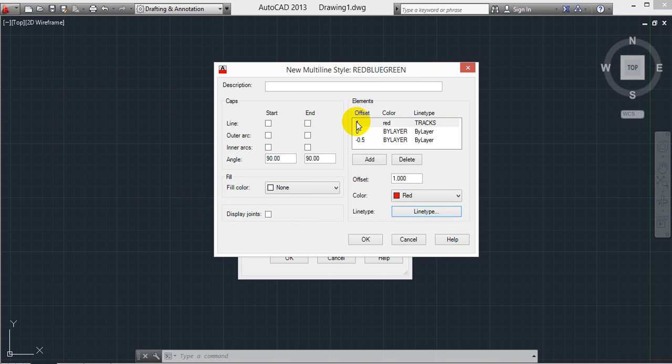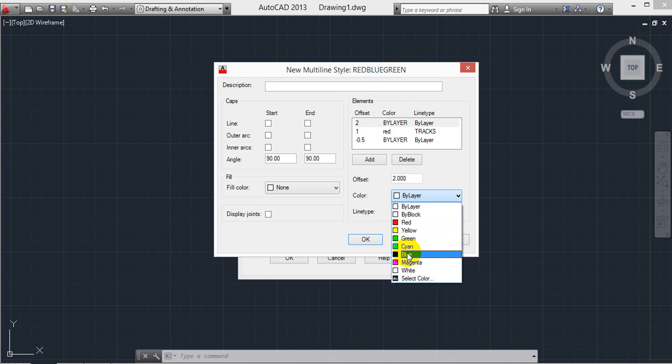First one, second color red and line type as Tracks. 3 changes. Again select the second line type. Same thing. Now I'm selecting offset as 2, which means from 1 and 2 we have the same gap. Next color, as we have taken blue, so I'm selecting blue here. After selecting blue, next line type.